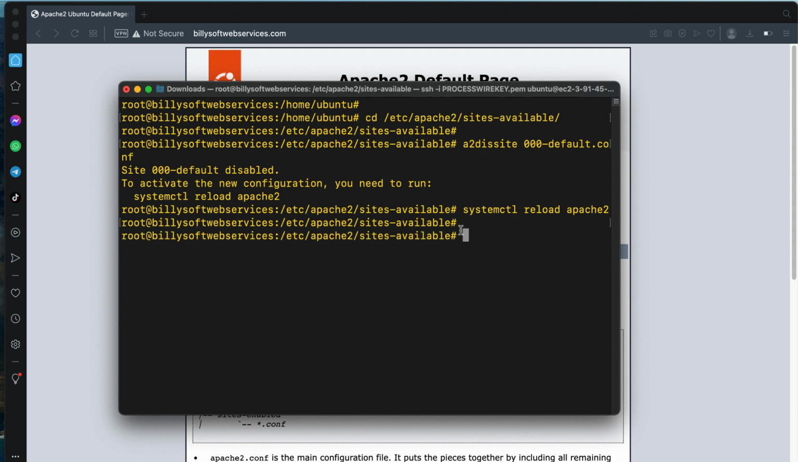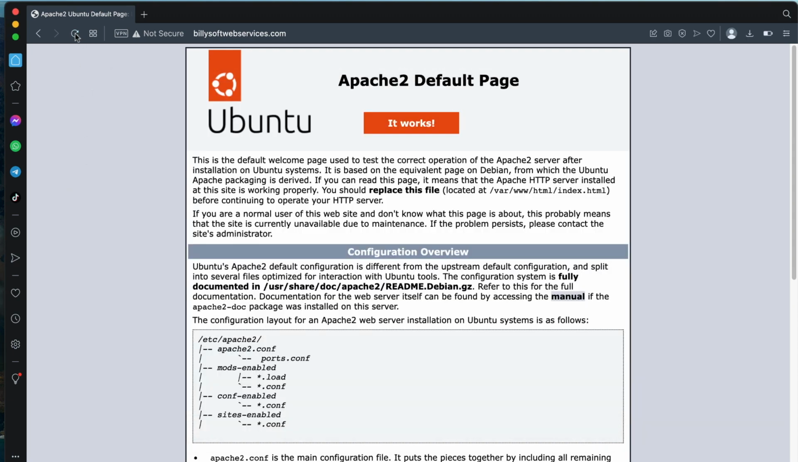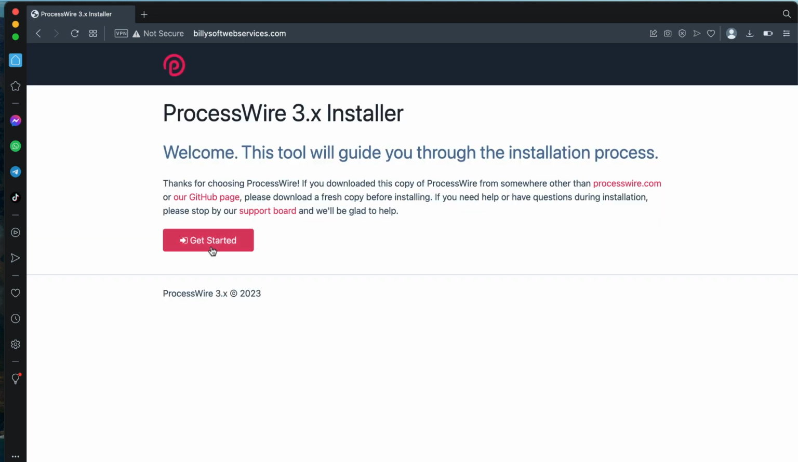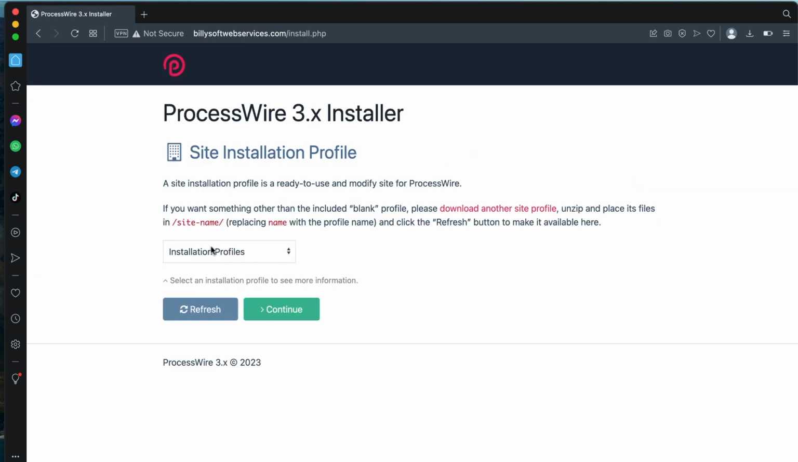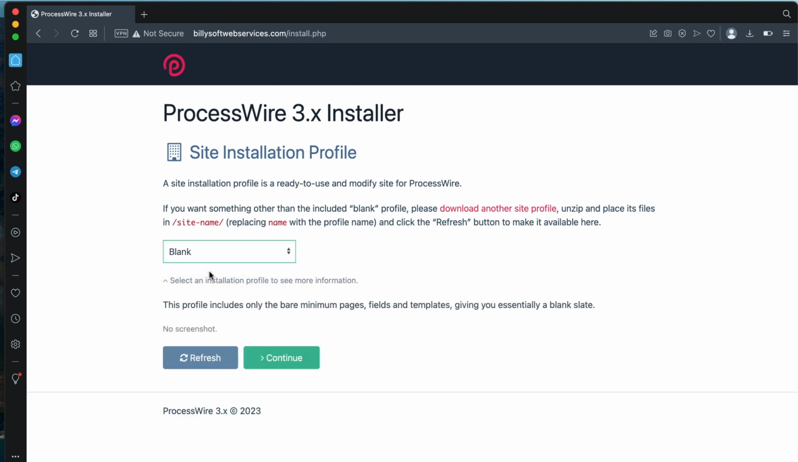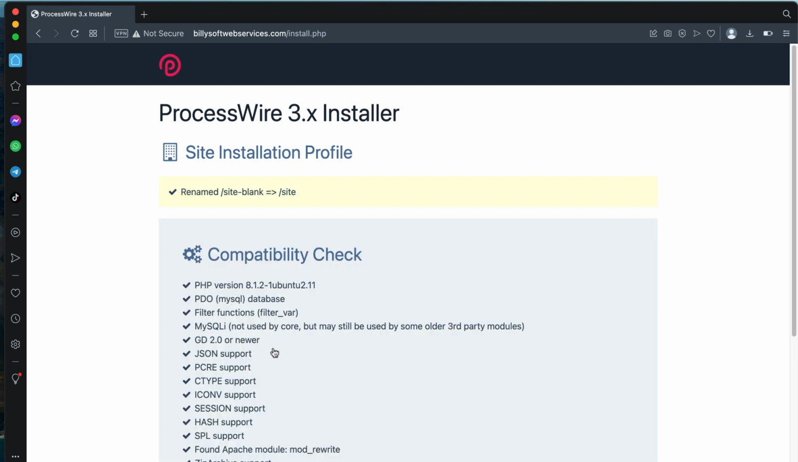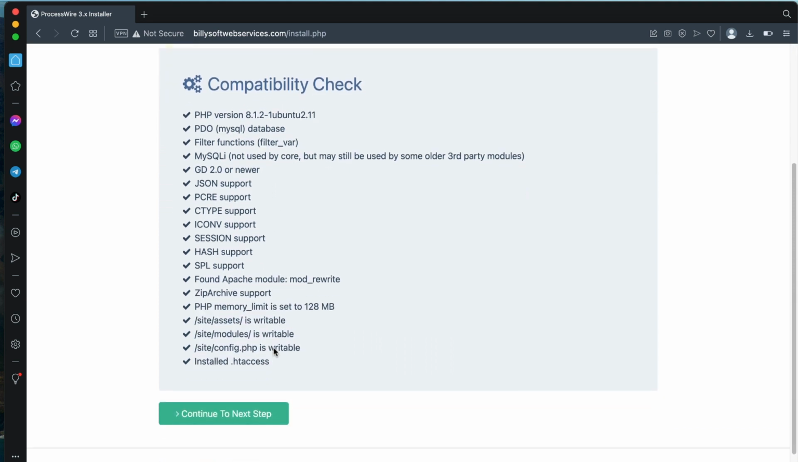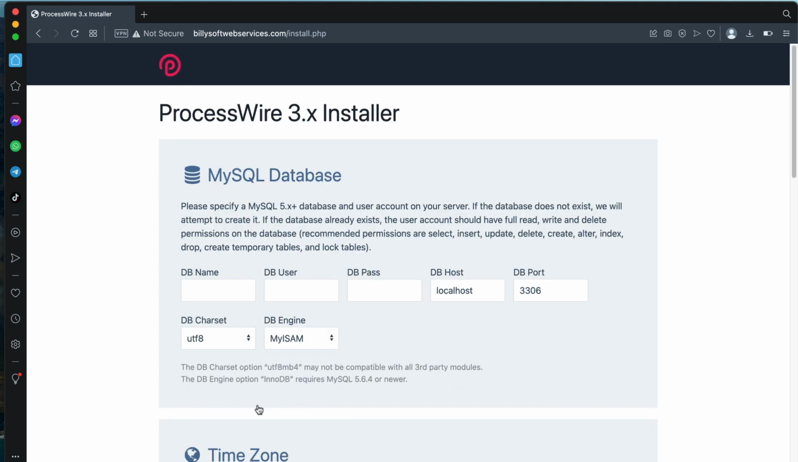So if you reload the page, you should actually now see the ProcessWire installation wizard. So click on the Get Started button and then select blank. Select Continue, and then you should now see a compatibility check. So click on Continue to Next Step